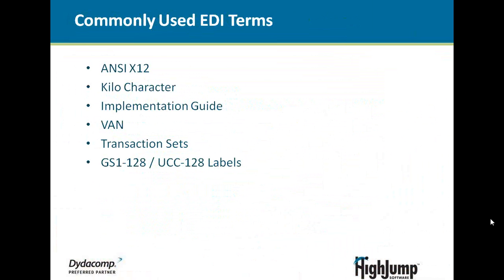Vans are the same way. We do a bunch of interconnections out there between customers and vendors and suppliers. And that's the grid, if you will, for moving information back and forth. Transaction sets, and those are those numbers. So they're not just going to say, hey, we want to do a PO and an invoice. They're going to say we want to do an 850 and an 810. And there's about 314 different documents. But all the documents that are needed for you to be successful in the supply chain are all encompassed within